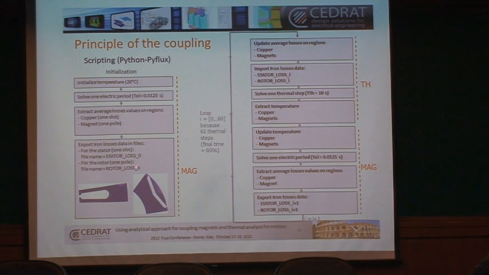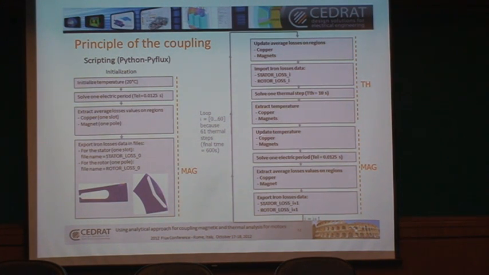And then what we're going to do, so that's the initialization. And now what we do is we're going to actually update the losses. From here we have temperature. We bring it back, we update the losses on the regions. We actually get also now the stator and water losses. We solve the thermal state, we extract the temperature, send back the temperature to the magnetic, electromagnetic, solve one cycle